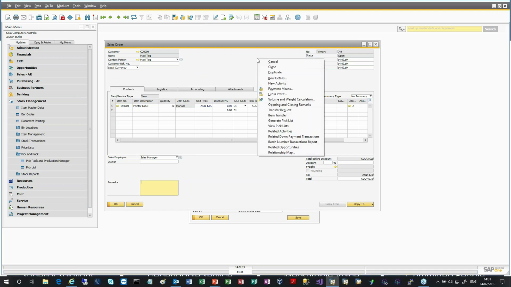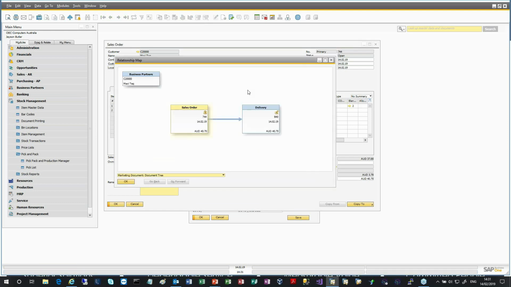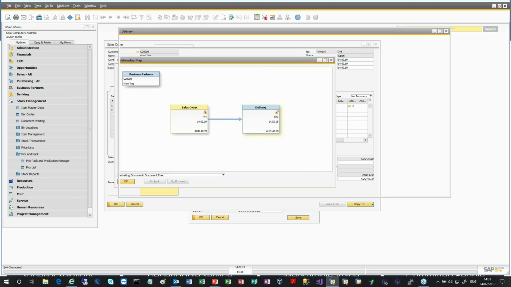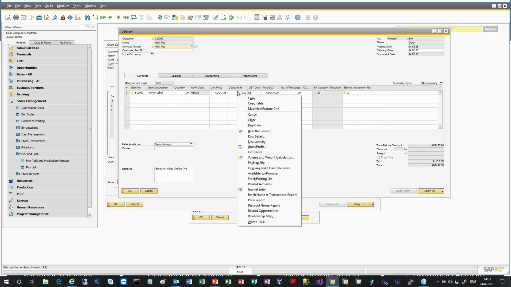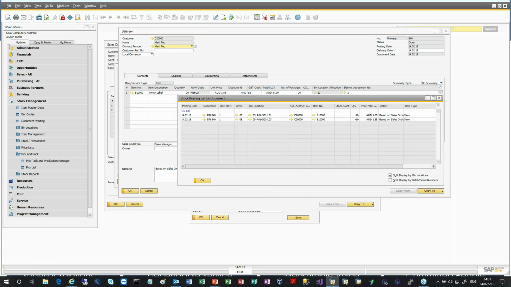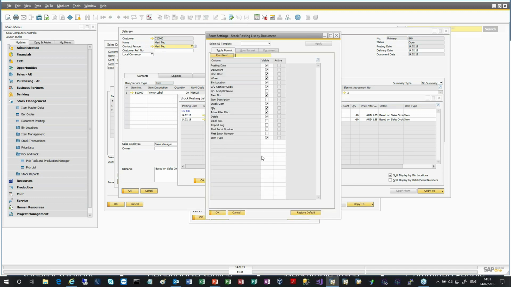Now, if we go back to our delivery note, on our line, if you right-click, you should see a stock posting list. If your language is set to English American, you'd probably see the word inventory and not stock. So for those of you that have your language setting correctly, and not to the UK or Australian English, inventory, otherwise stock posting list. If we have a look at that, under our form settings, there are additional columns that